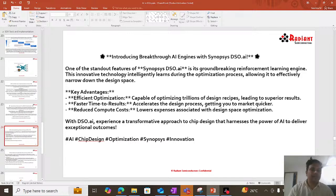It accelerates the design process, getting you to market quicker, with reduced compute costs. It lowers expenses associated with the design space optimization. With DSO.ai, experience a transformative approach to chip design that harnesses the power of AI to deliver exceptional